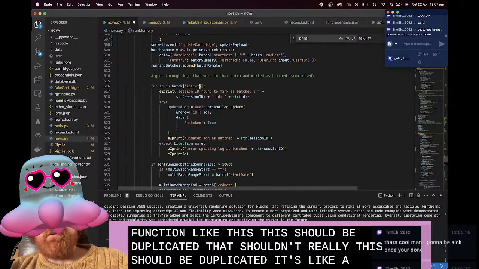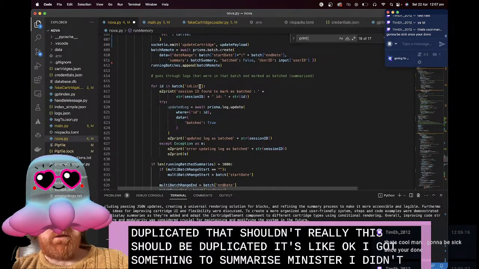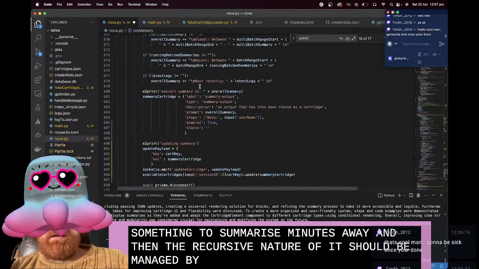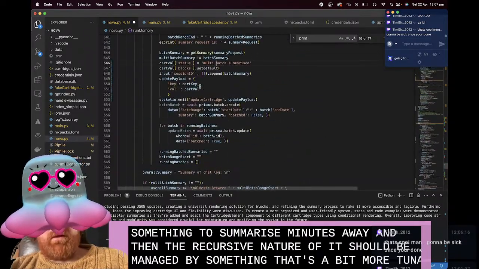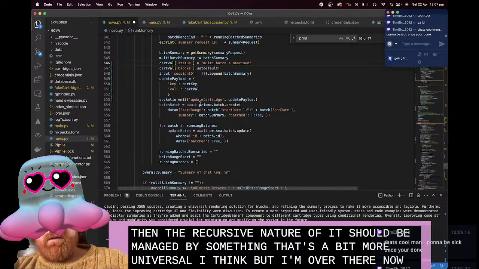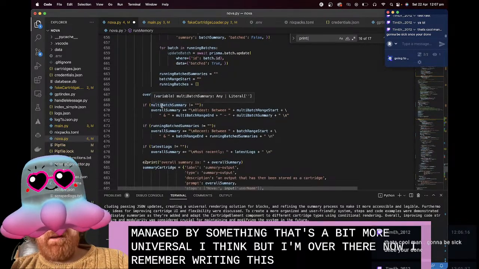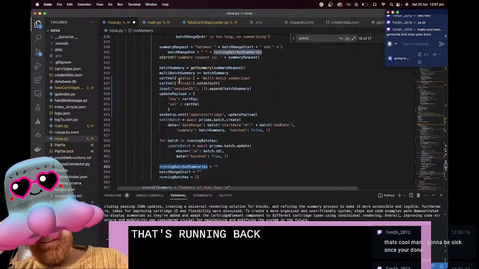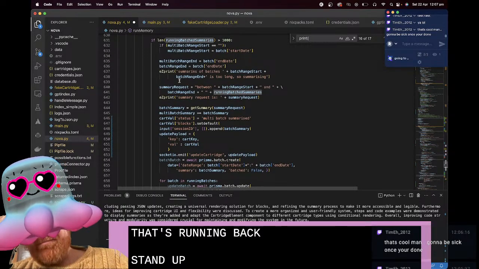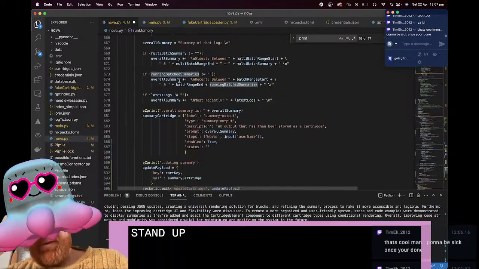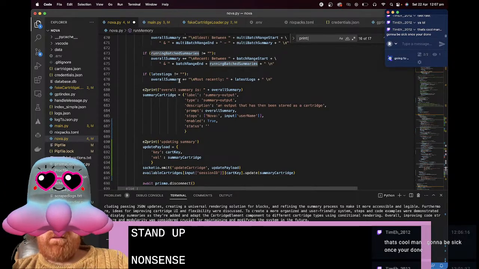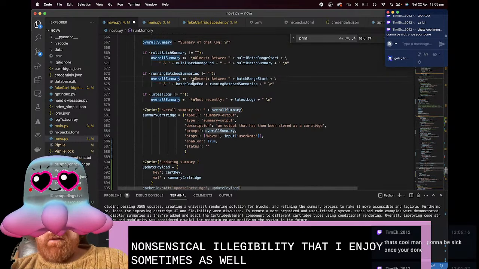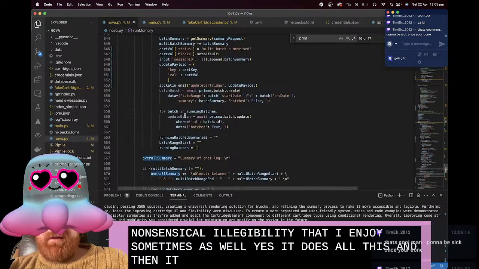It's like, I've got something to summarize, I'm going to summarize it in a certain way, and then the recursive nature of it should be managed by something a bit more universal, I think. But I'm not going to worry about that now. I remember writing this, multi-batch, batch, running batch, and in my head the syntax kind of stands up. It's the kind of nonsensical illegibility that I quite enjoy sometimes as well. Okay, so it does all this, and then it replaces it with